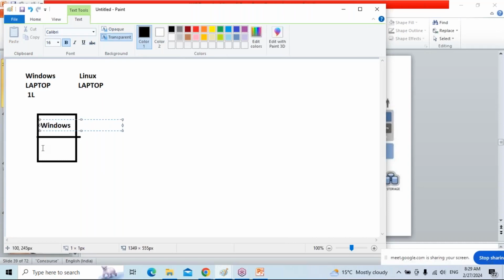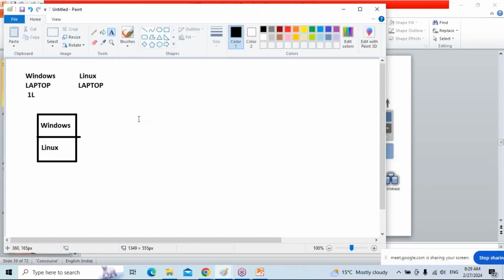In the second physical partition, install the Linux operating system. Meaning, in a single laptop or desktop, I can install both operating systems, Windows and Linux.